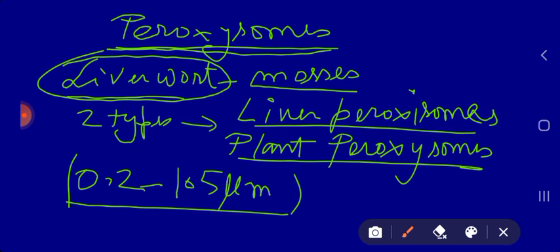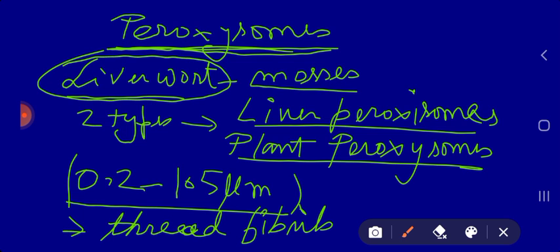In some cases, the matrix also contains numerous threads or fibrils. Sometimes peroxisomes do not contain only granules, they also contain thread-like structures or fibrils,